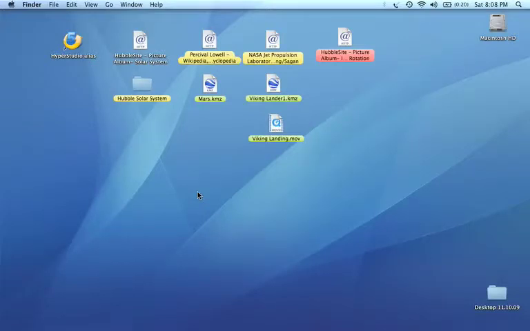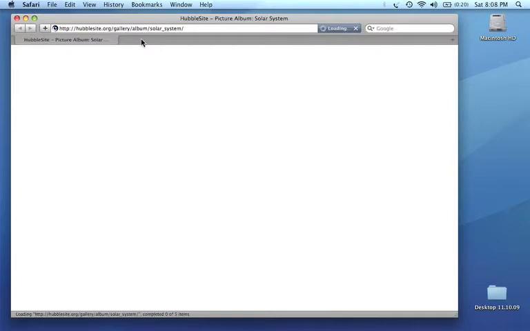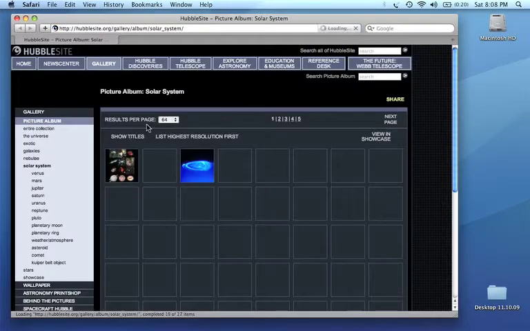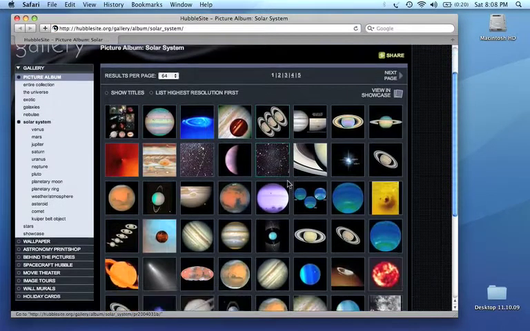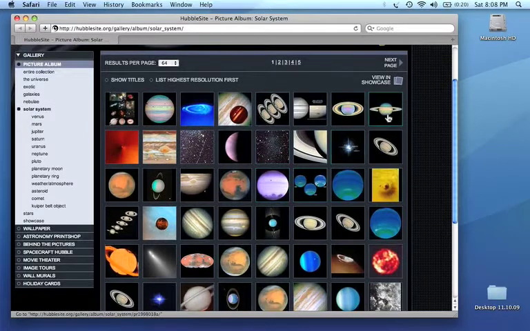Now that you've seen the solar system stack made in 60 seconds and seen it click through as the test drive, I thought I'd go through a little more slowly and show what was happening. So what we started with was a web page at the hubblesite.org that has pictures from the Hubble telescope, including